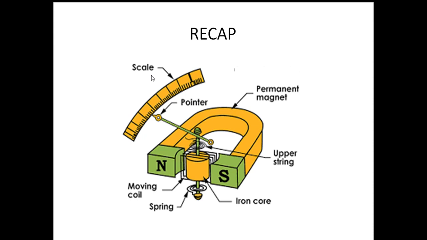In the previous class, we saw the working of the PMMC meter in detail, and also the expression for the torque developed by the PMMC meter. TD is equal to BINA, where TD is the deflection torque, B indicates the flux density, I indicates the current flowing through the coil, and A indicates the area of cross section of the coil.